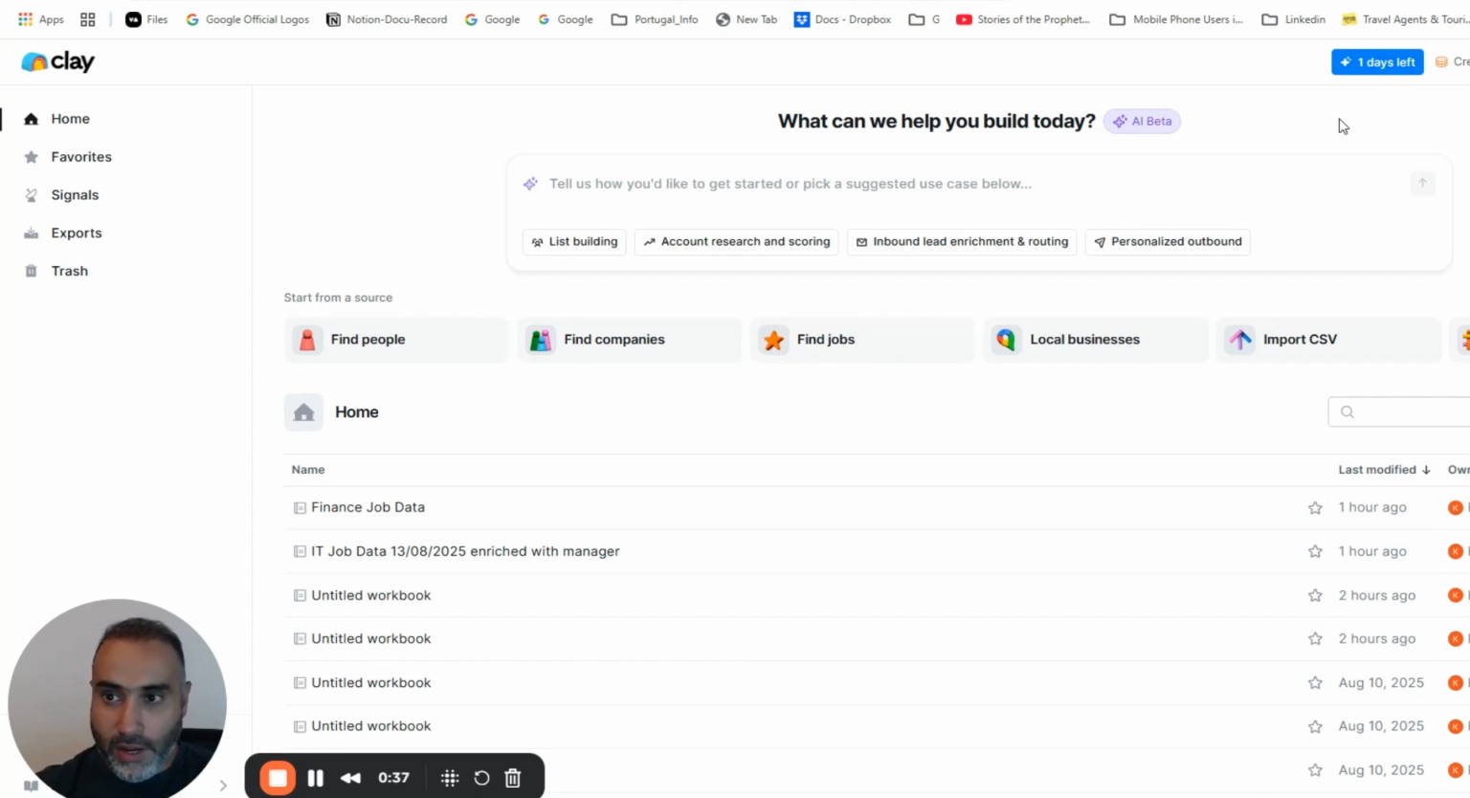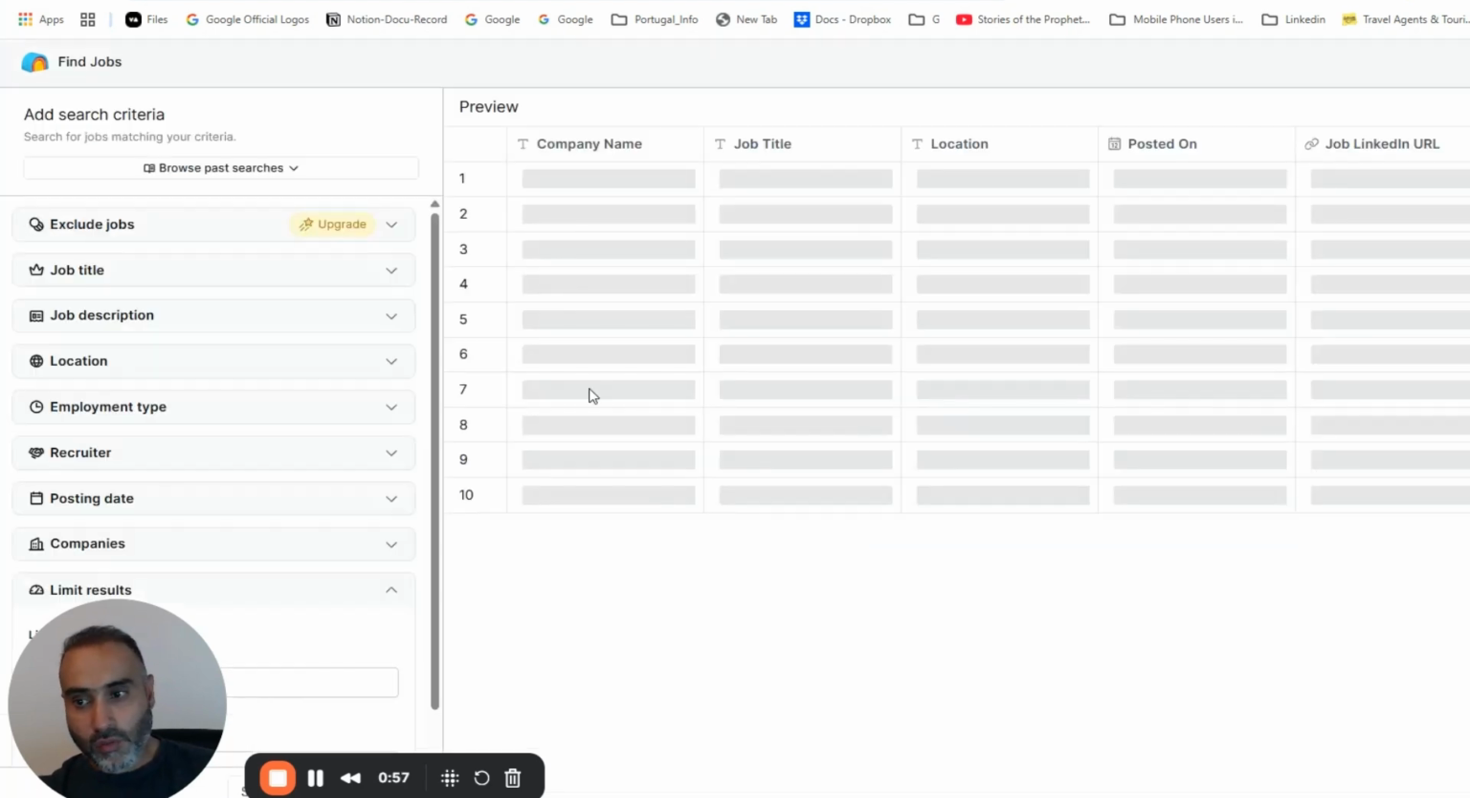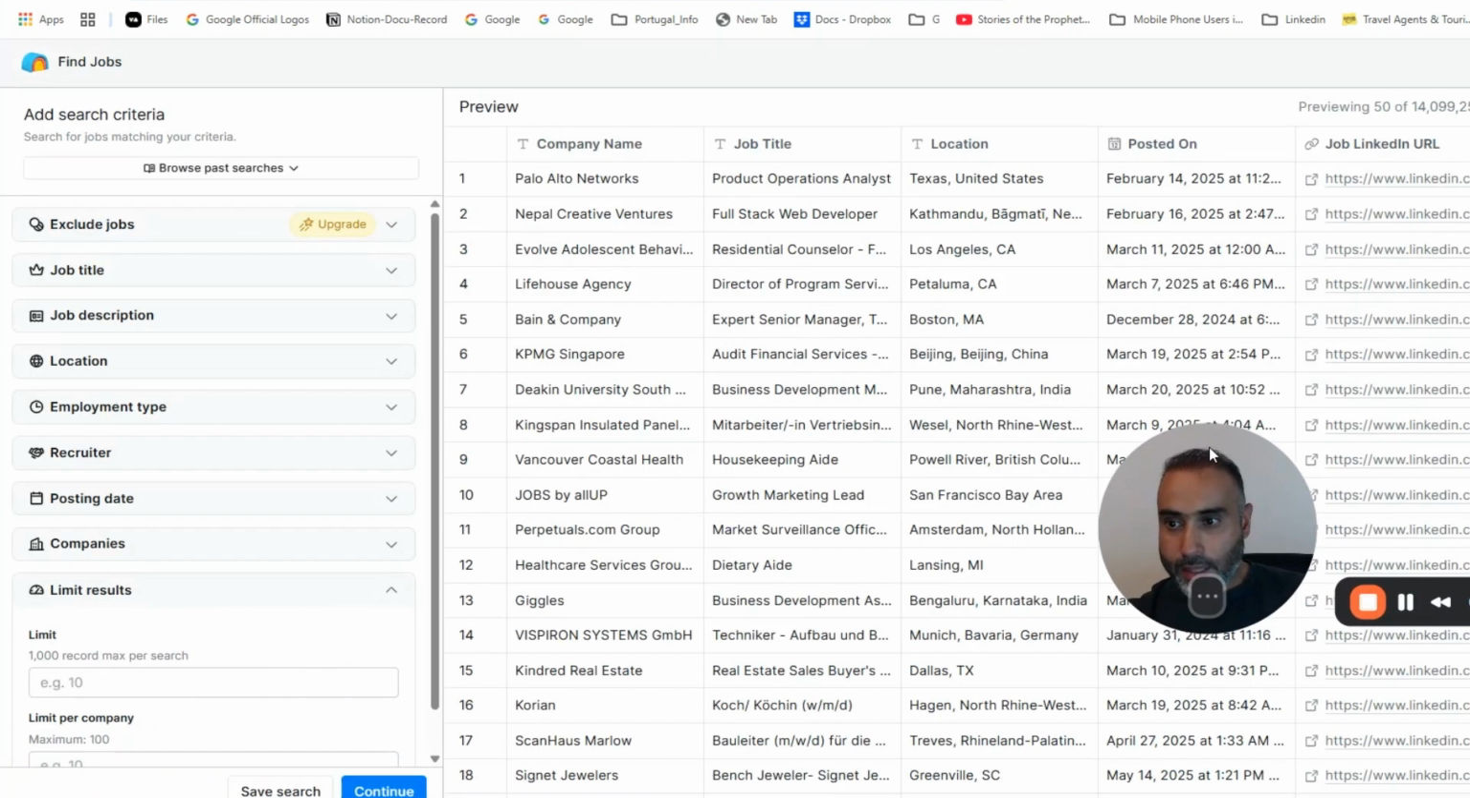So you have to have a Clay account. Clay also offers a free trial. Go ahead and create your free account and then log into Clay. And all you need to look for is the find jobs option. They keep changing the UI from time to time, but what you need to find is the option for find jobs. Click on find jobs. Then